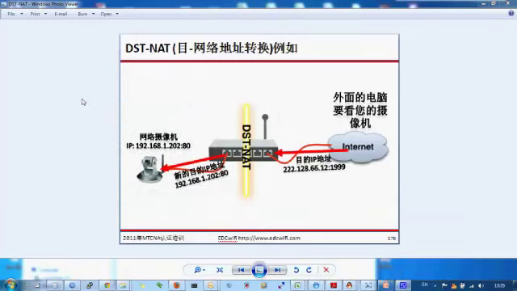Right now, we want to configure together how to install an IP camera or a server inside our local area network, and we will be able to access it from the wide area network, from the outside, even from our local area network, but using the public IP address. Now I'm installing my IP camera here.